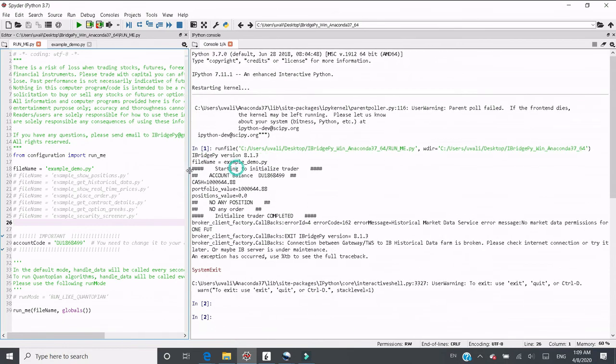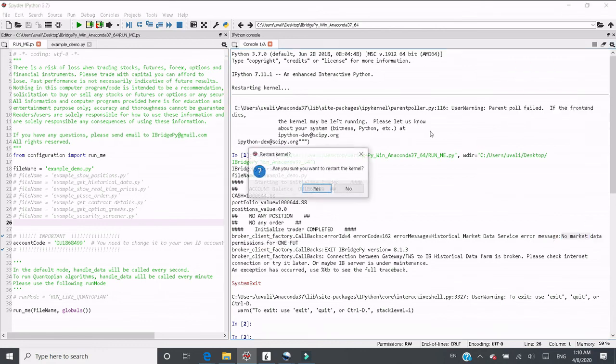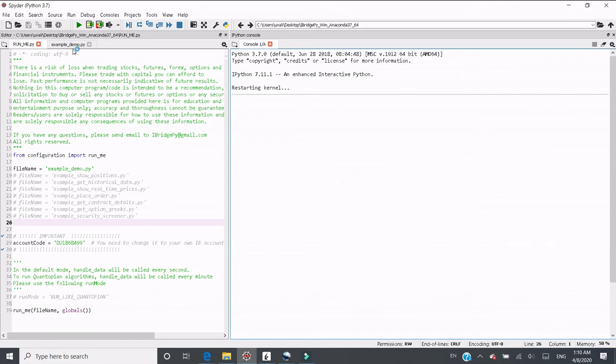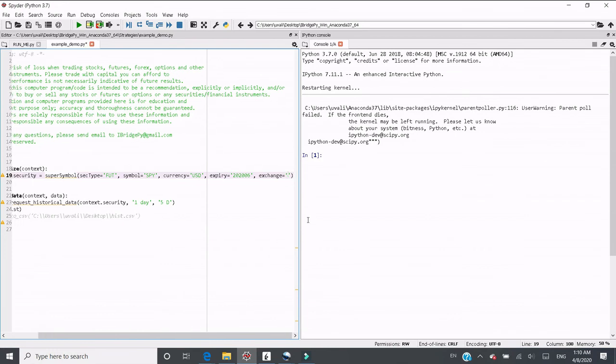It says error message 162, no market data permissions for ONE FUT, and stopped. The reason for that is in my account, I didn't pay for the future for SPY. But anyway, I know I input the correct information to request historical data here because it tells me no market data. So if I made some mistake, for example, I use the old